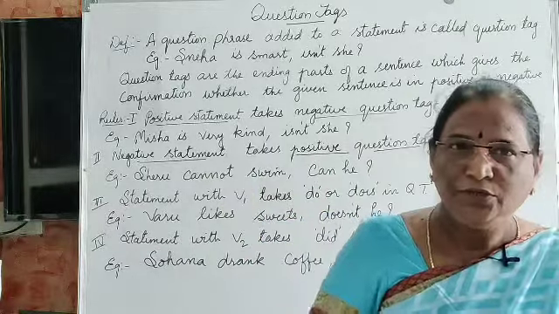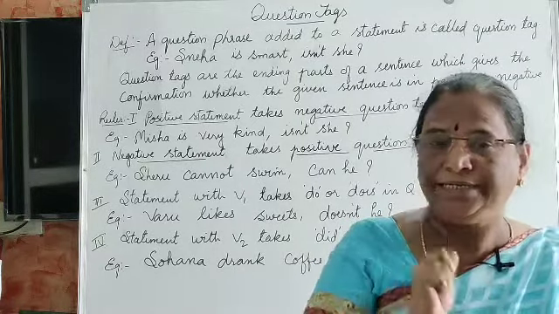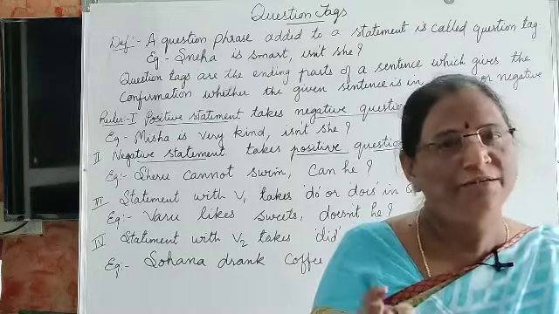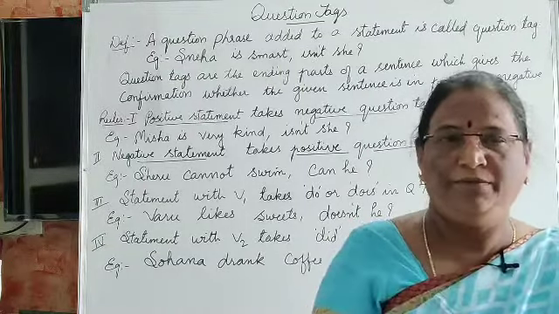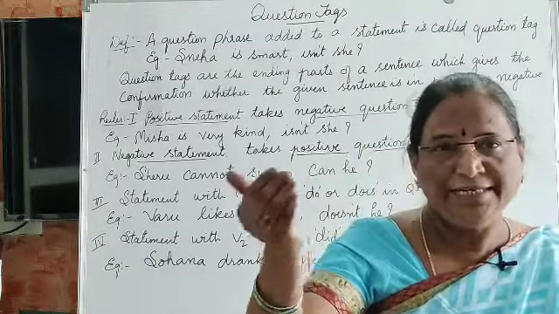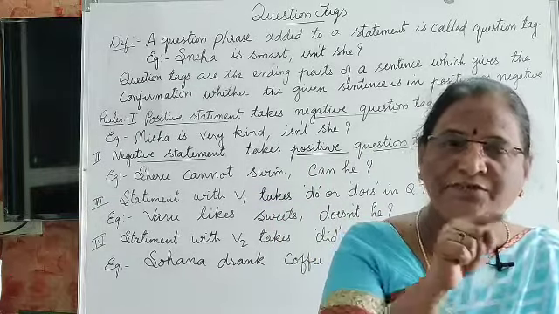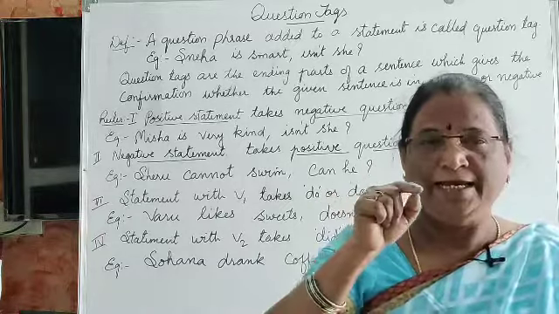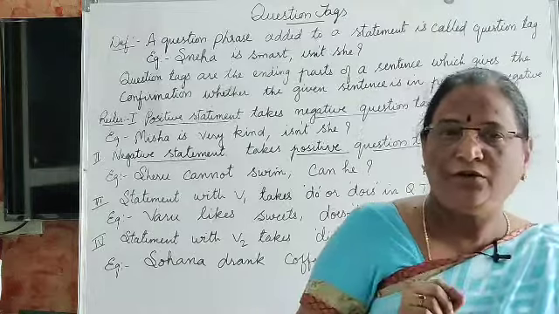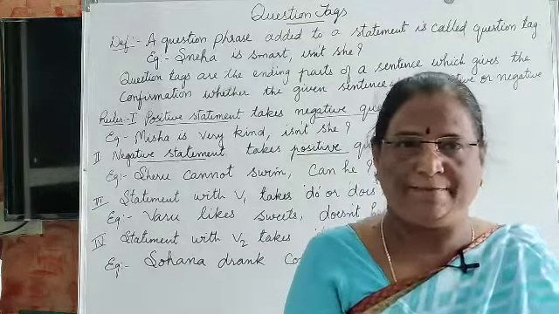And the next rule is you must be focused on tenses. For V1, present tense or past tense, there is no helping verb. They have V1 and V2, and the question tag depends upon this V1 and V2. If the statement is in present tense, we use do or does. If the statement is in past tense, we use did. So we have to focus on whether the statement is in present tense or past tense.